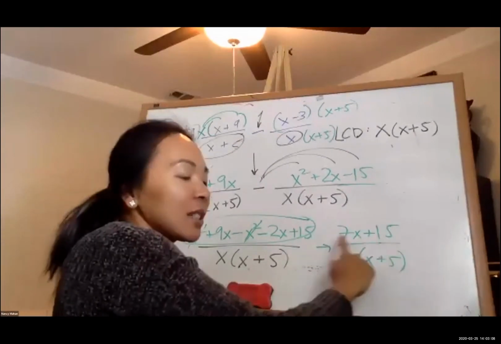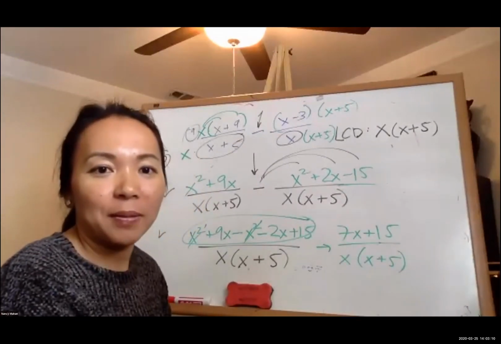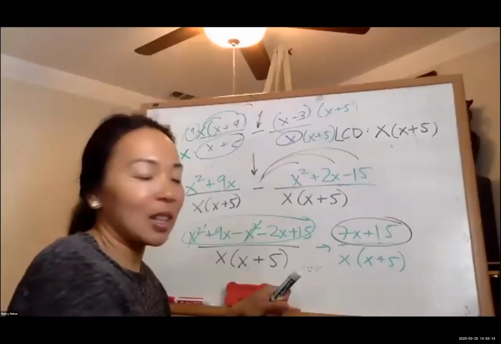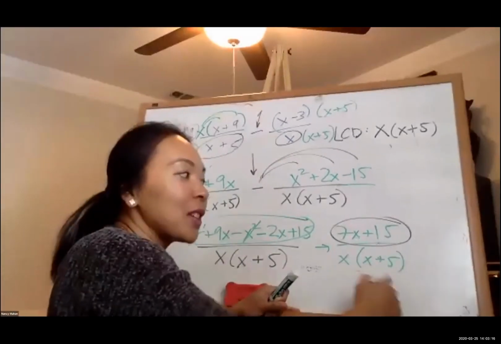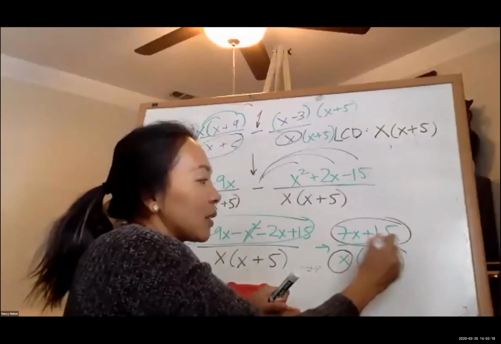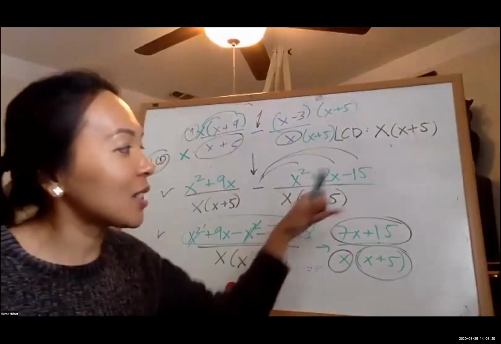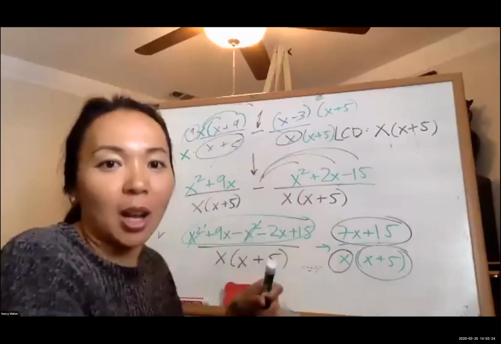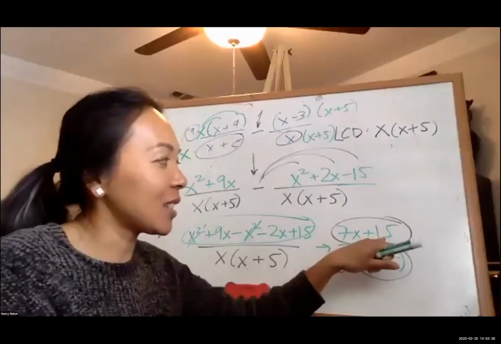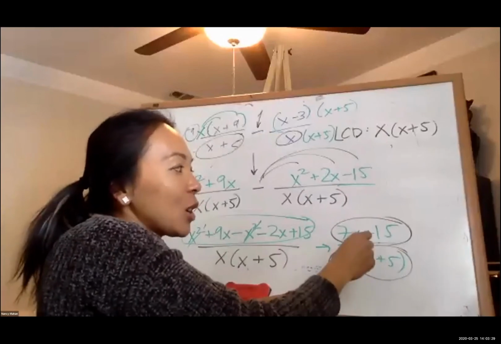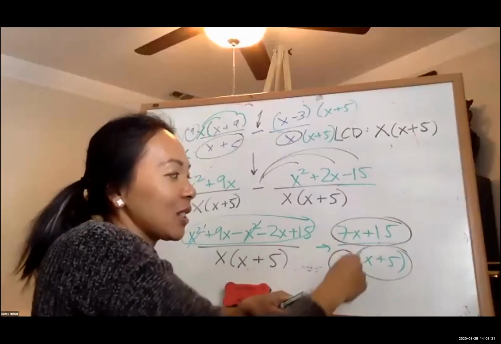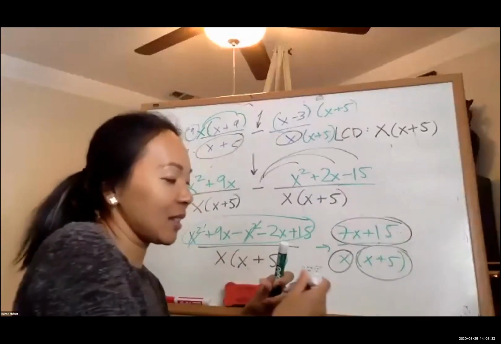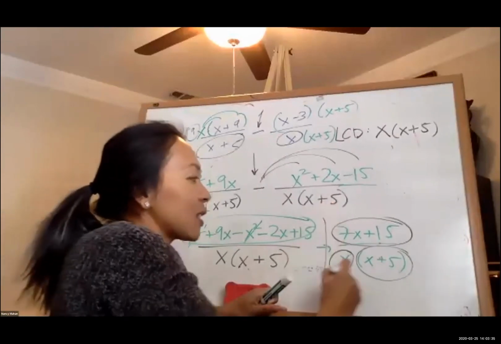7x plus 15, can I factor that anymore? No. So therefore, this whole thing is a factor, right? X times x plus 5, these are already factored. So factor and factor. I like to circle things to say, okay, this is the whole factor, right? We cannot chop up the factor. It stays as is. So I can't say, oh, this x and this x, I'm going to cancel. You can't do that. It stays as itself. So therefore, this answer is